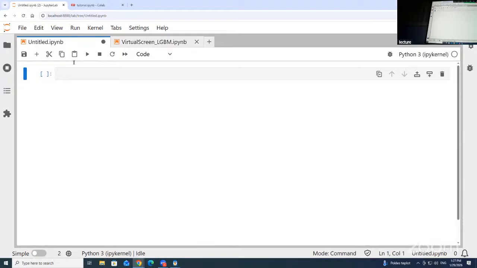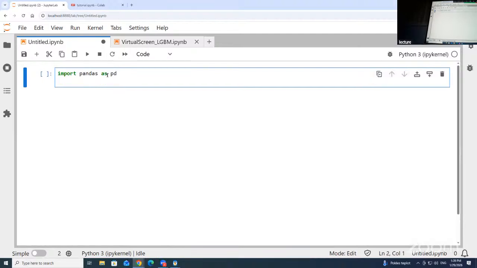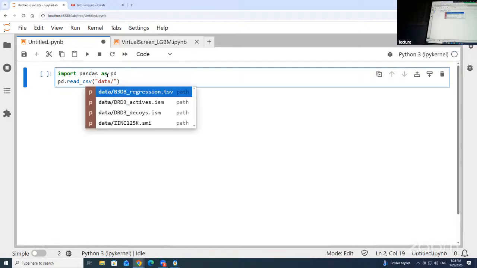Okay. So we will construct it from the ground up. So let's begin with loading our data. And for loading our data, we are gonna use pandas. So we import it as follows: import pandas as pd, and now this will allow us to open up the CSVs that we have in the data folder. So let's see if that works. We use the read_csv function for that. Then we provide the path, which is going to be something like data slash,